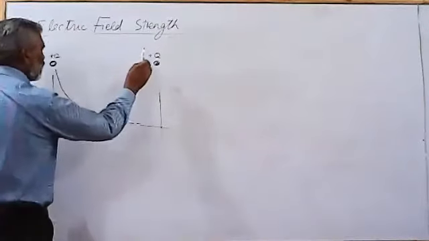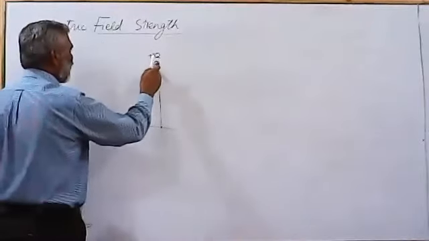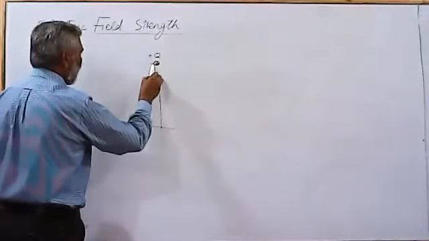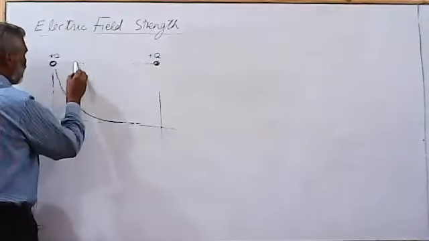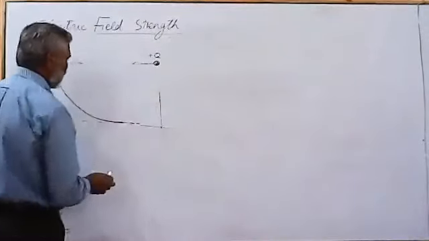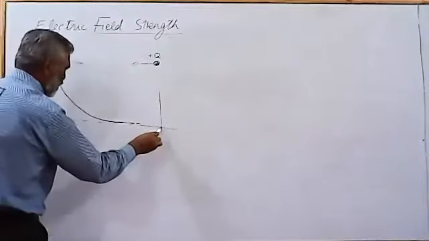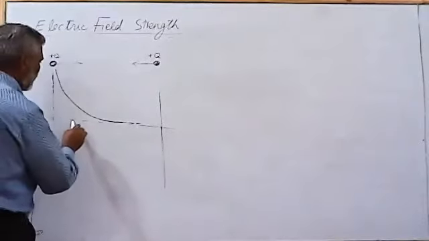What happens to this one? Because this is also positive, its sign will be negative because the direction of the electric field will be opposite. The electric field of this charge will be in this direction and electric field of this will be opposite. So electric field of this will be exactly of this shape but in the opposite direction. So an identical